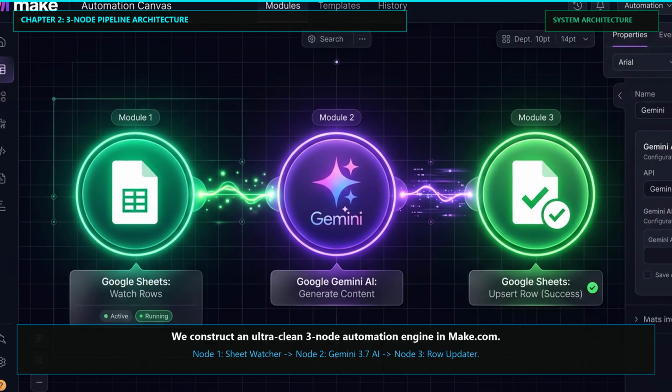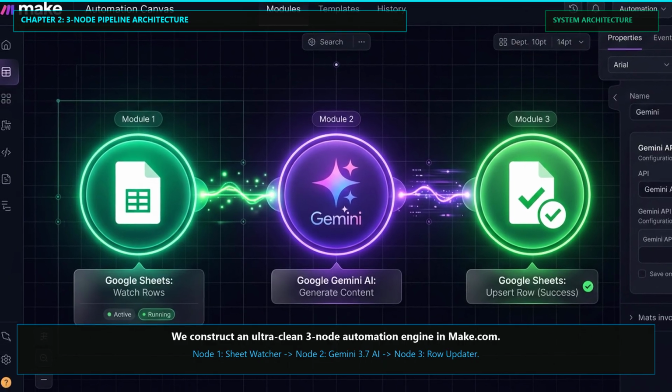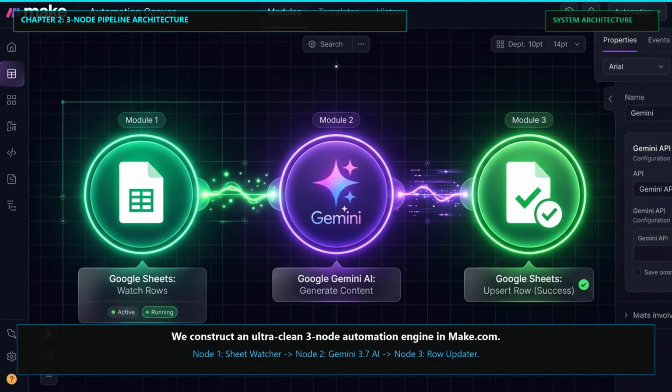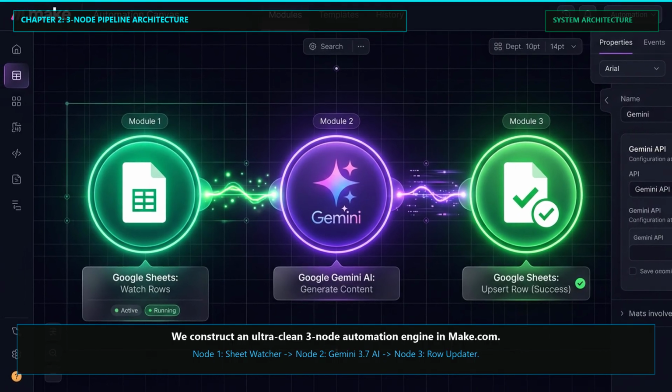Let's break down the system architecture. We are constructing an ultra-clean, 3-node automation loop inside Make.com. Node 1 is our Google Sheets Watch Rows trigger that continuously monitors our tracking sheet. Node 2 is the Google Gemini AI completion module that executes our specialized prompt engineering logic. And Node 3 is our Google Sheets Update row action that writes the generated bullet points back into column E